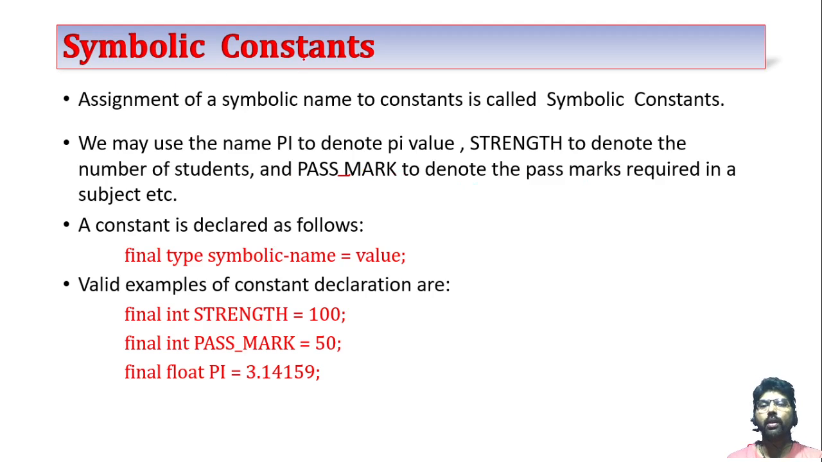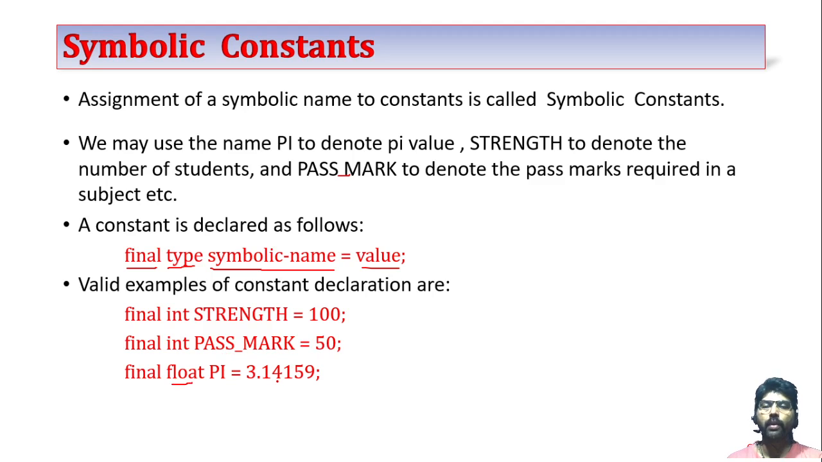Now how to create a symbolic constant? For that I have to follow a syntax. The syntax is: I have to write the keyword final. Then I have to specify the type of this constant, then any symbolic name, better to use capital letters, then any value for that constant. For example, if I want to create strength as a constant, I write final int STRENGTH = 100. Similarly, I have created PASS_MARK as 50, and the pi value, which is a floating type,